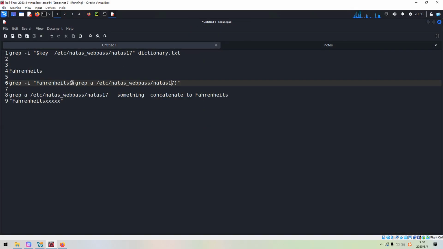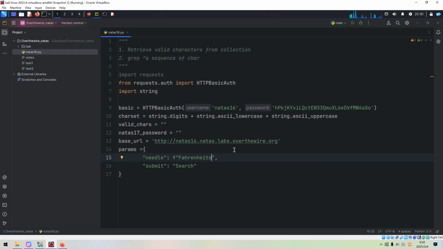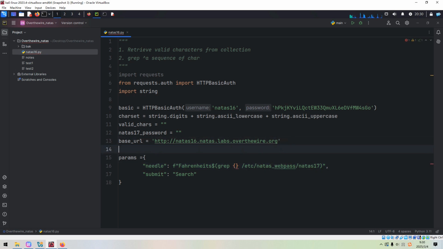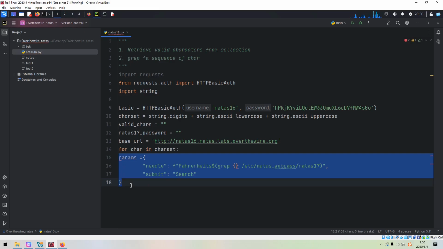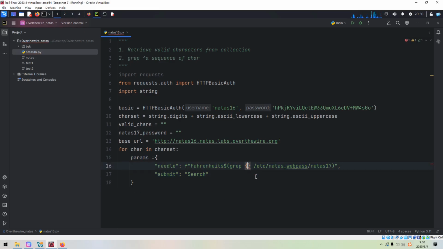So here we can copy from here, paste in here, and in this case we can use curly braces. I think we need to have the for loop for char in char set. Okay, and we can indent this dictionary, and here should be char. So if, for example, A